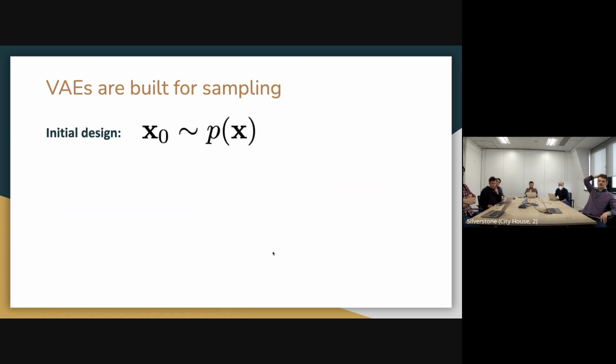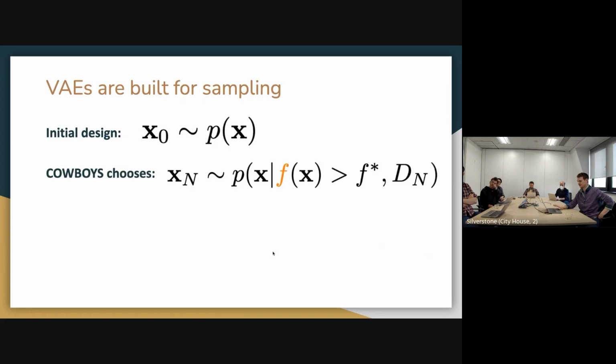So VAEs are very much built for sampling. VAEs are good. They give us a distribution over X. And for the initial design of our optimization, we just sample as many random molecules as we want from our VAE. So this is exactly how you would normally use a VAE. For our subsequent steps,